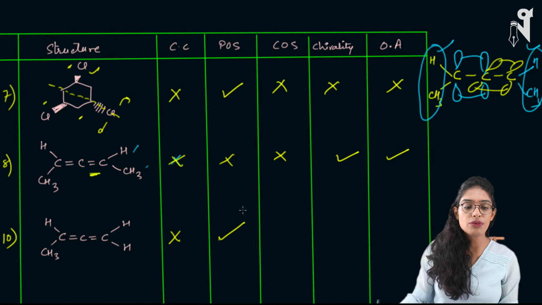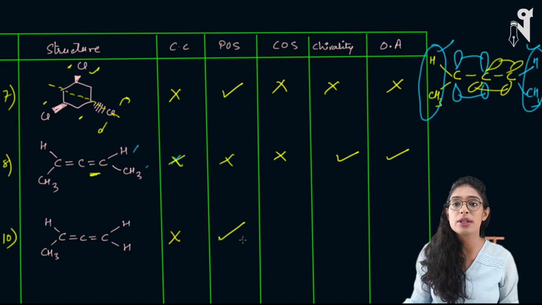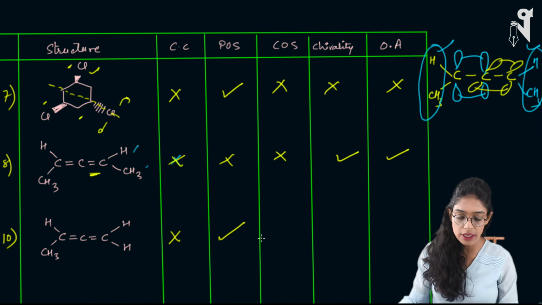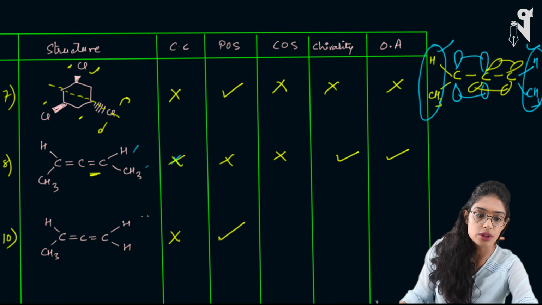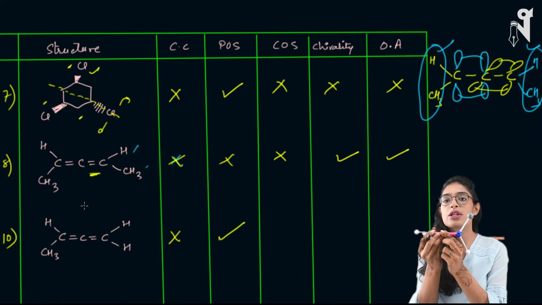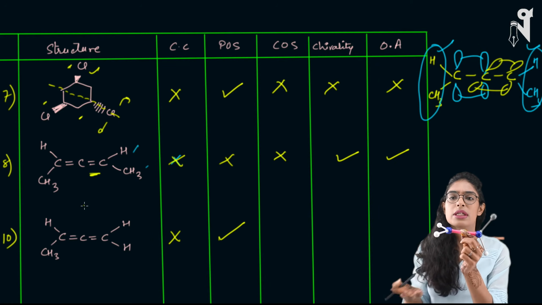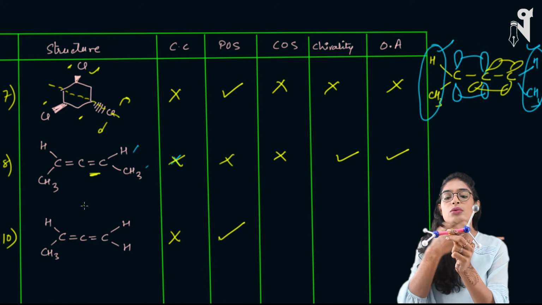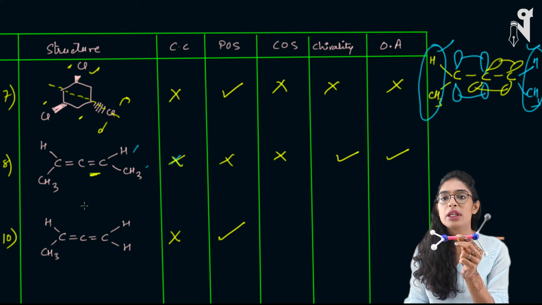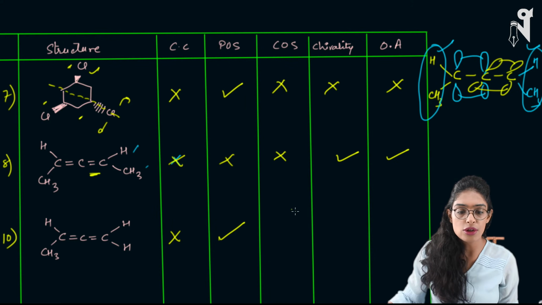Okay, now we have to figure out where the plane of symmetry is present. Yes, plane of symmetry is present. Is COS present? So no, COS is again not present, because I cannot get the CH3 in the equal and opposite direction if I pass a line through the center. Same is the case for everything basically. It's not only about CH3 but everything. You won't get the same group in the equal and opposite direction. So it is very clearly visible. So center of symmetry is there?